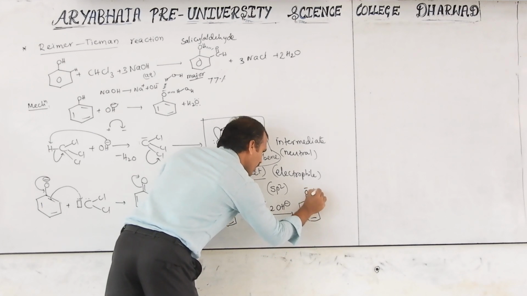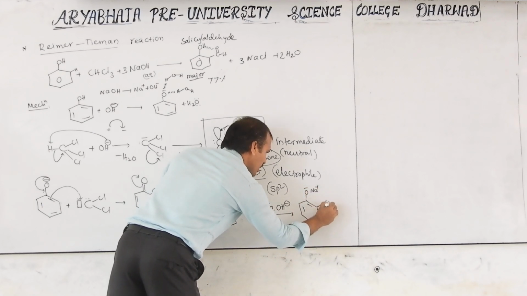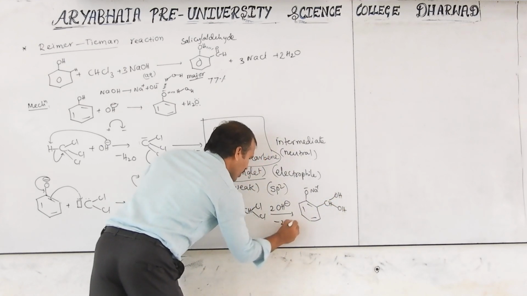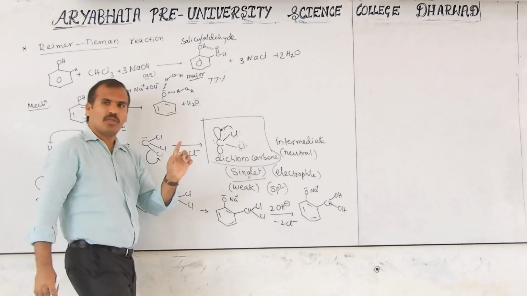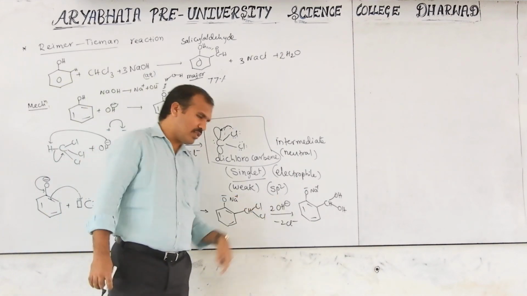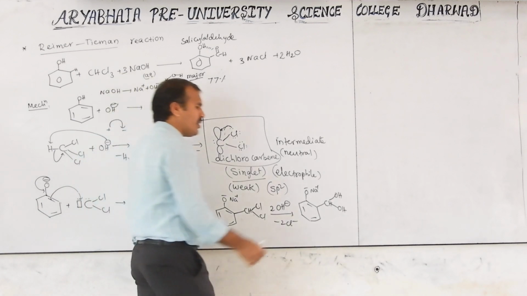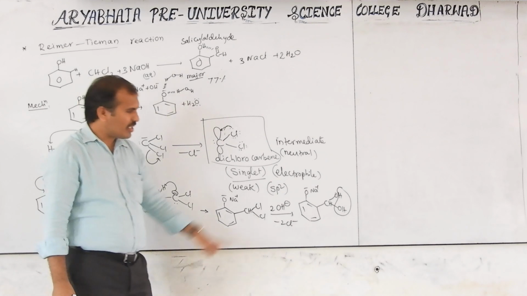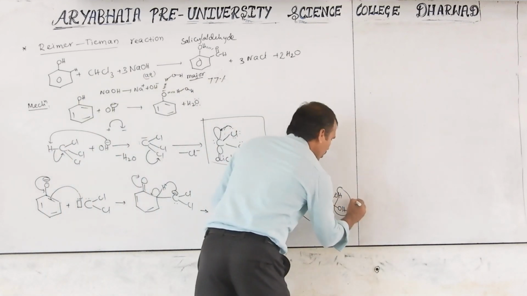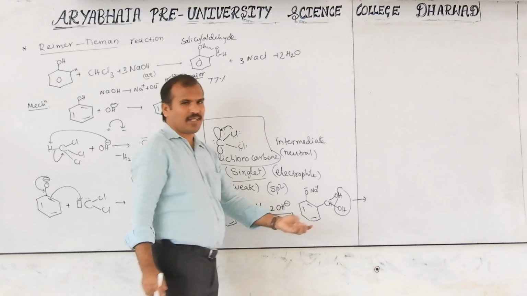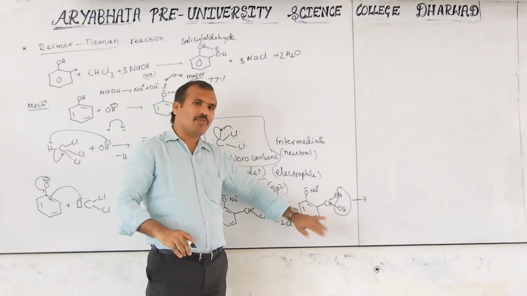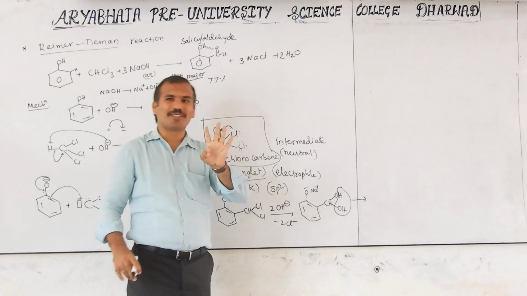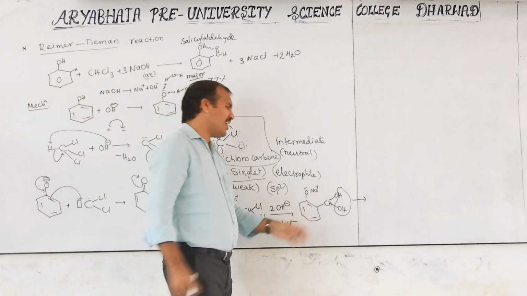O minus Na plus, CH(OH)2, 2 Cl minus out. How many Cl minus out? 2. 2 chlorines substituted by 2 OH. But already you know very well, more than one OH on the same carbon is unstable. That's why a water molecule comes. Actually such a mechanism is not there, this is just for understanding purposes. If you go in depth, nearly 4 steps you will need to get this OH. But I am reducing that.